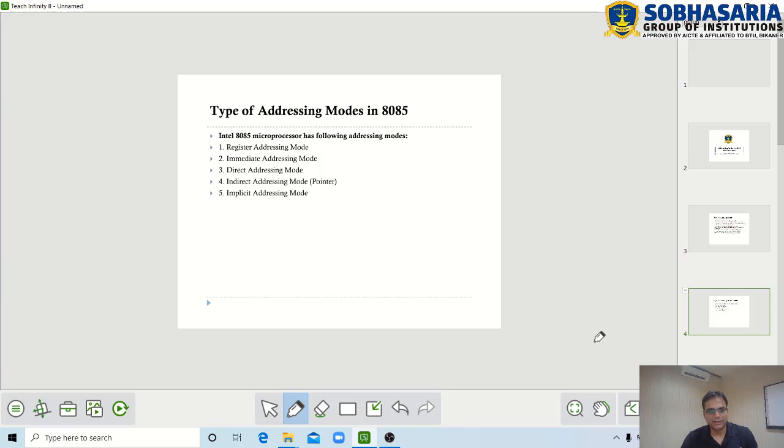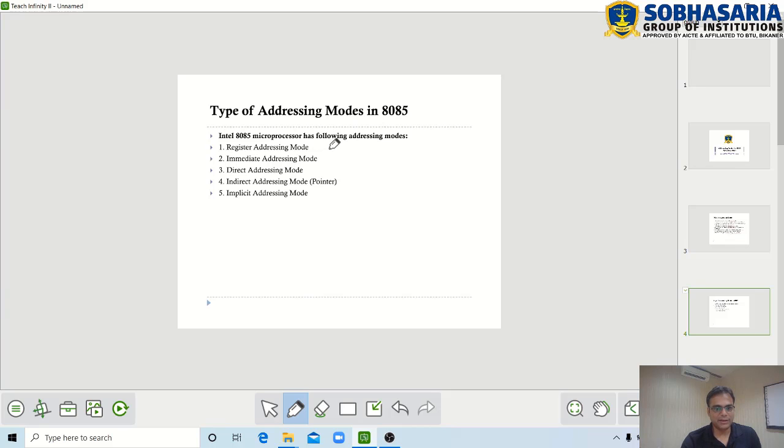So if an instruction is available to perform all these three accessibilities over the data, to fetch the data from various different locations, we can say there are many addressing modes available for one particular type of instruction, right? So this is how addressing modes are defined at the time of defining the architecture.